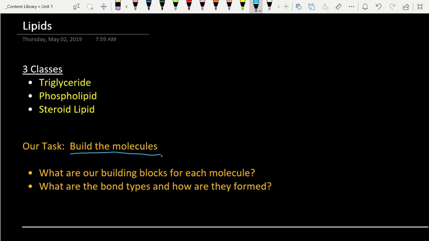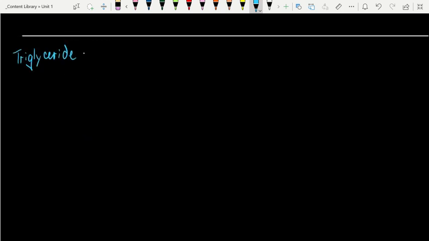So as we think about building them, the two questions that I've got listed down there: what are our building blocks for each molecule? And what are the bond types and how are they formed? So let's start first with triglycerides. Triglyceride, as the name implies, we've got a couple of things. We've got tri, meaning three, and then we've got this glycer part. This refers to a glycerol backbone. So we've got one glycerol backbone, and then we've got three of something,